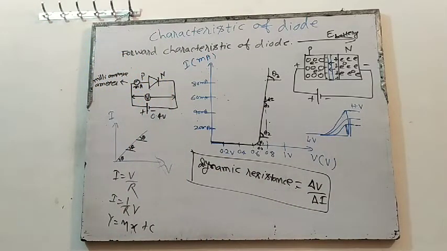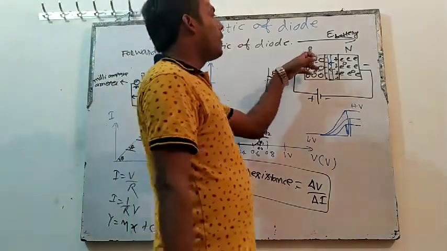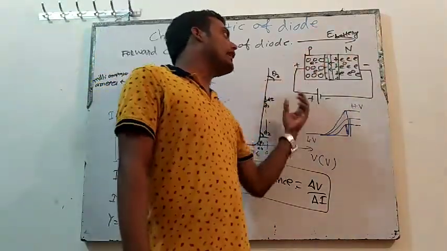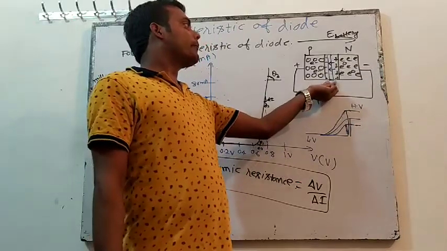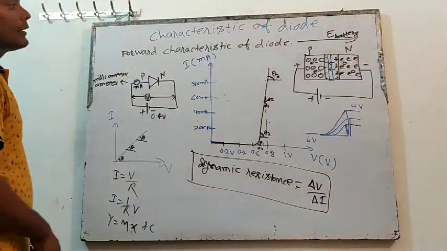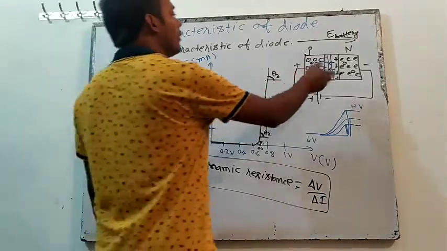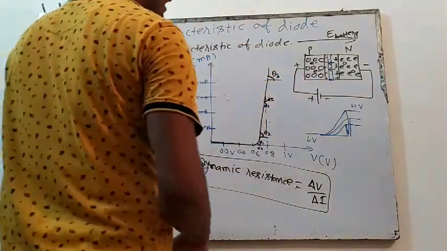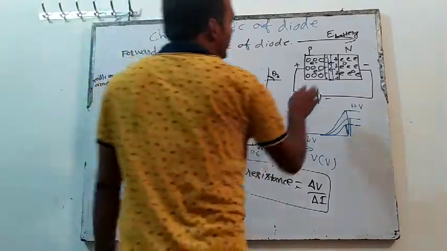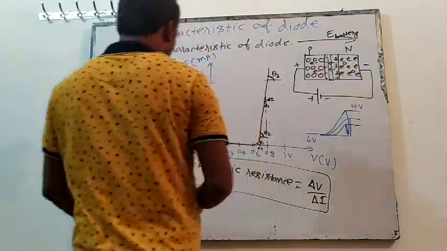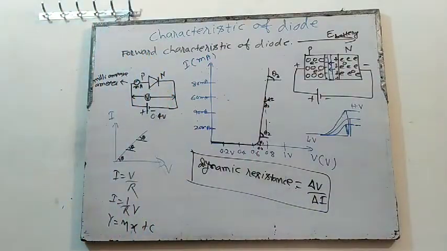Now in the next class I will explain reverse biasing, and then we will combine both graphs. Here, in forward biasing we connect the P side with the positive terminal and the N side with the negative terminal, and the depletion region decreases, and then current will start to flow. Because the holes and electrons will come closer. So in forward biasing, the PN junction starts behaving like a conductor.